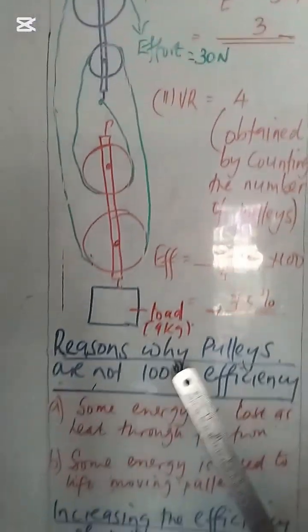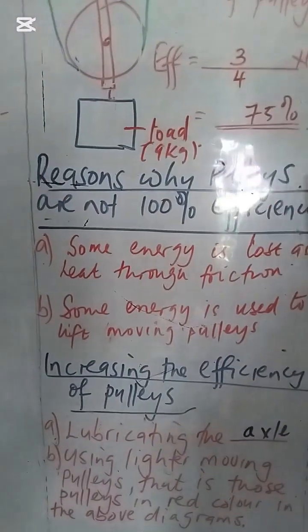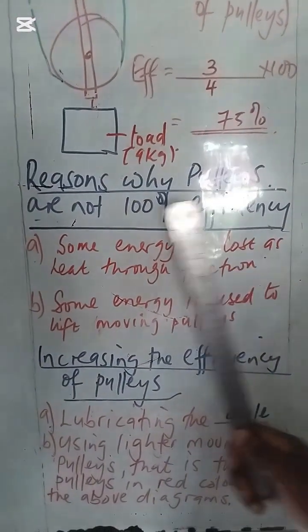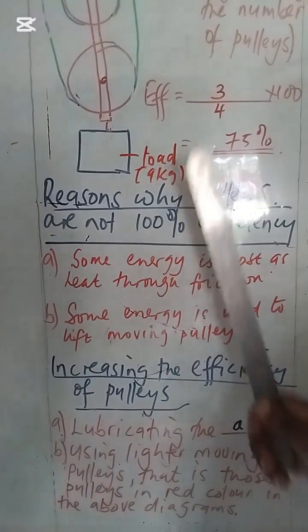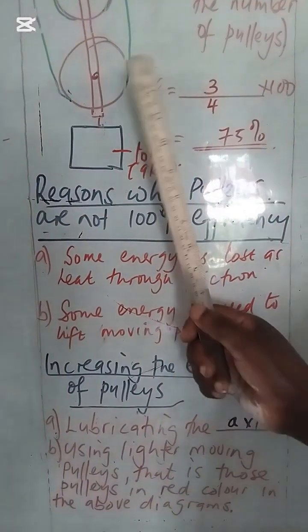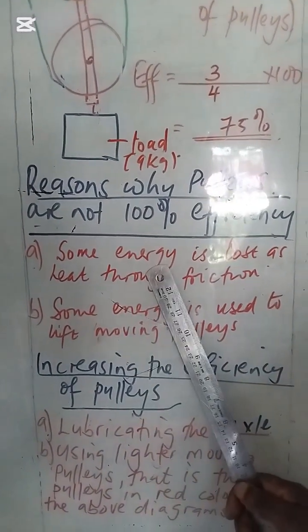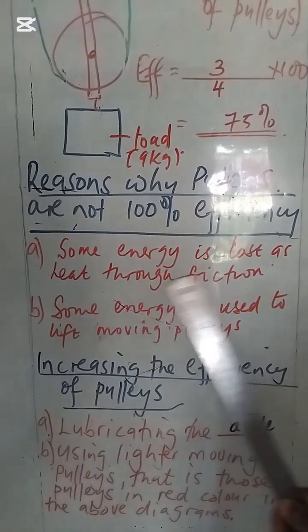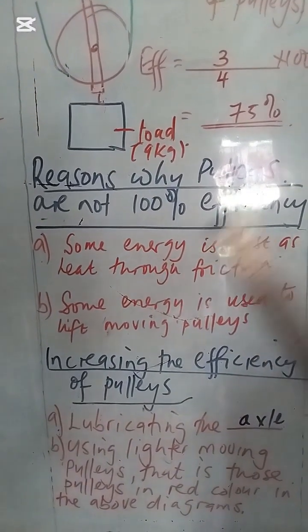Then machines are always not 100% efficient, including pulleys, all machines inclusive of pulleys. Then what causes a pulley not to be 100% efficient? Some energy is lost as heat through friction, which means some energy is used to overcome friction and is wasted away